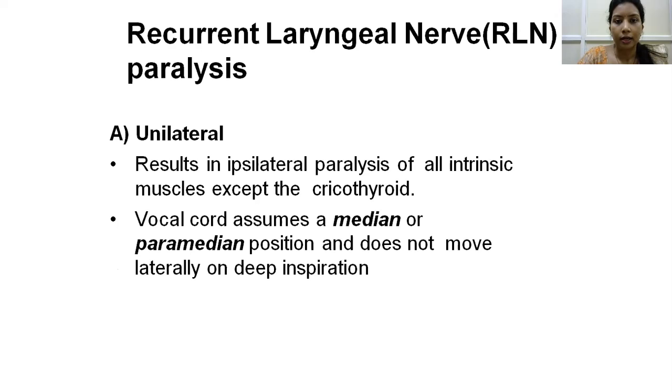So this unilateral RLN palsy results in ipsilateral, or same side, paralysis of all the intrinsic muscles of the larynx except your cricothyroid. The cricothyroid is the only muscle supplied by your superior laryngeal nerve amongst all the intrinsic muscles of the larynx. So except this cricothyroid muscle, there is a unilateral paralysis of all the intrinsic muscles of the larynx on that side. Here, the vocal cord assumes a median or a paramedian position and does not move laterally on deep inspiration. So to know this, you need to know what the positions of